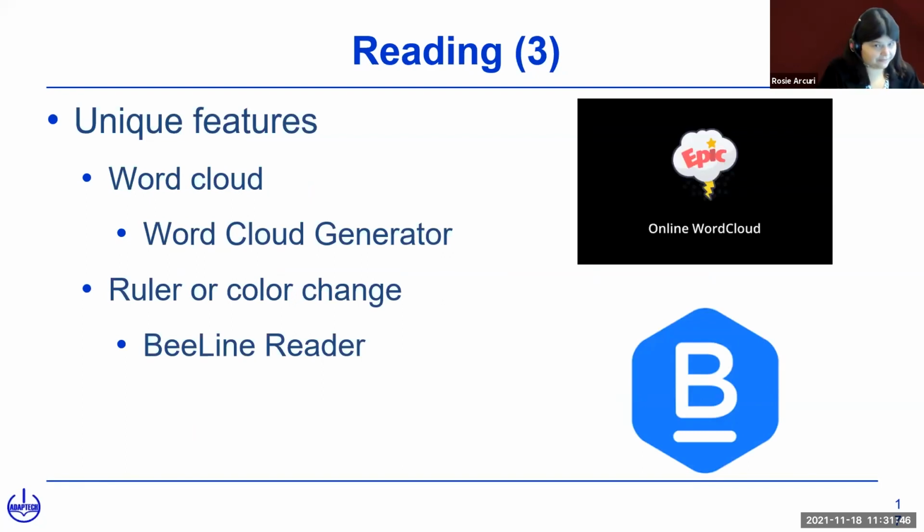If we look at unique features, something like a word cloud or rulers, there were not that many word cloud options. The one that I found that worked relatively well is Word Cloud Generator. And in terms of different rulers, there are others where the whole screen will go black or get blurred and only a small section shows up as a ruler. But one that was unique was